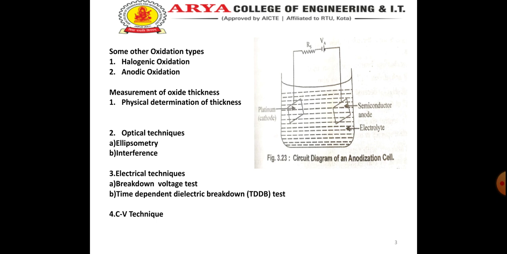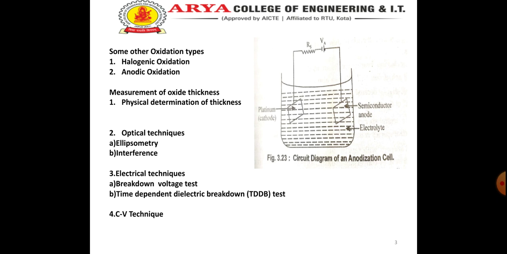Optical techniques. There are also several optical techniques that can be used to measure oxide thickness. The simplest is to partially immerse the unmasked wafer in dilute HF until the oxide on the submerged portion of the wafer is completely removed. Now we are having ellipsometry, an optical technique. In this technique, a polarized coherent beam of light is reflected off the oxide surface at some angle. HeNe lasers are commonly used as a source. The reflected light intensity is measured as a function of polarization angle.